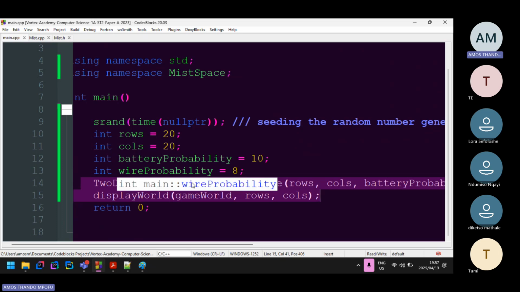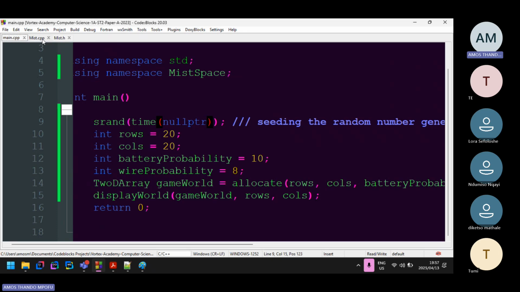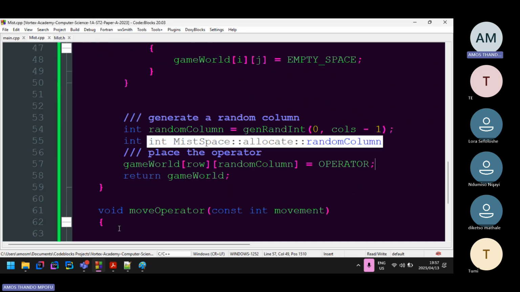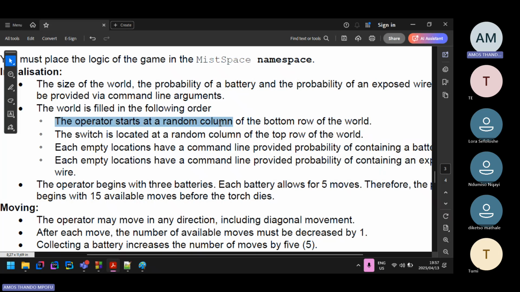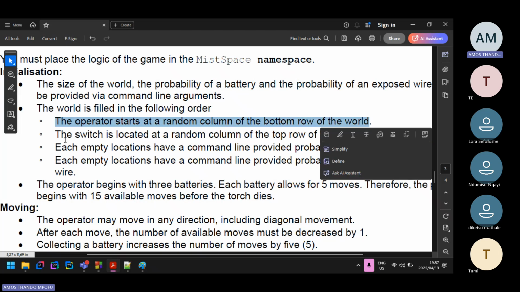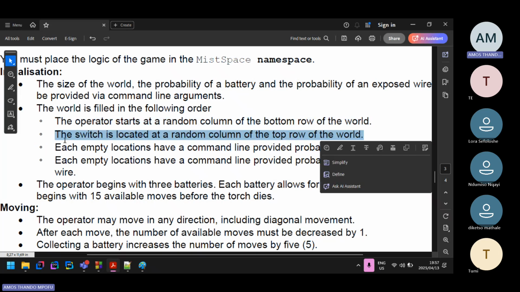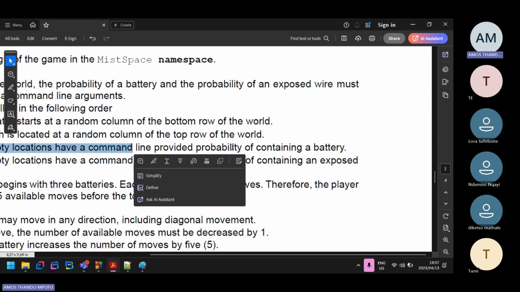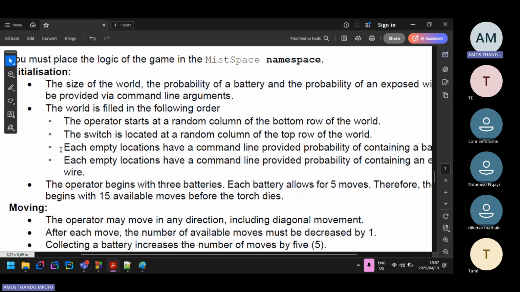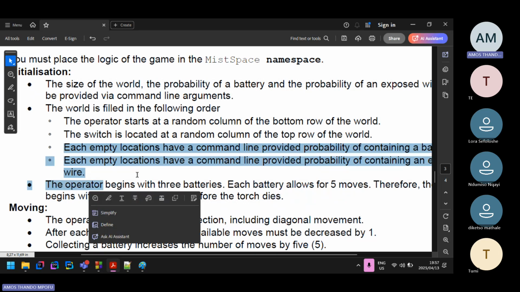We're gonna have to continue tomorrow. So so far we're not done with allocating the game world, right? Remember, we've only placed the operator. We still need to place the switch and the empty locations, yeah. And then we need to do some probability handling here. So yeah, that's it for